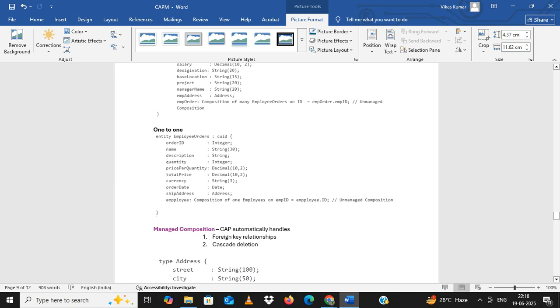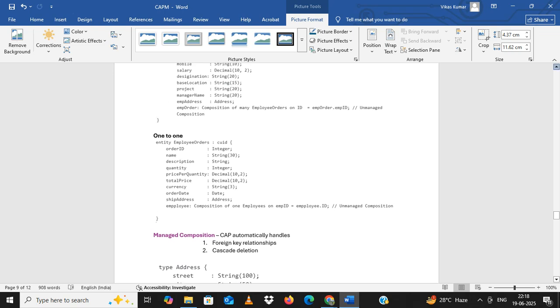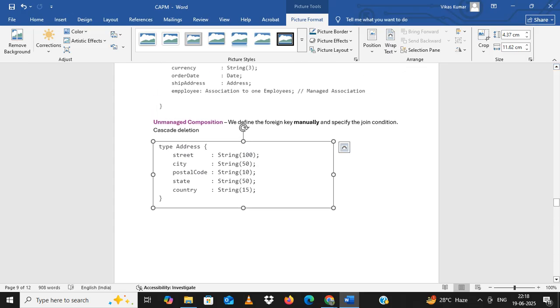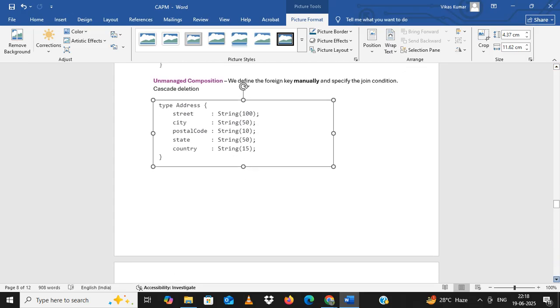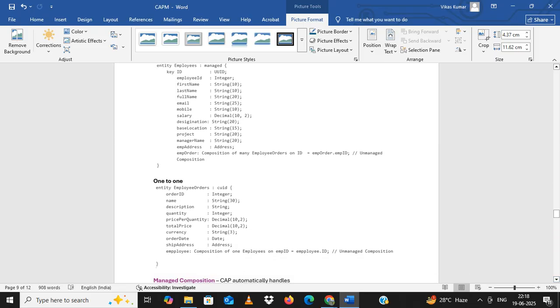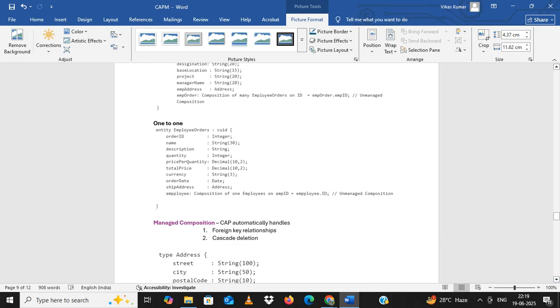Now check here in managed composition. Just see here once again, we have type address. See, same thing, EMP order composition of many, same thing, ID EMP unmanaged one, and one to one. Here we have employee compose. In this case here I have written EMP ID, if you see EMP ID,